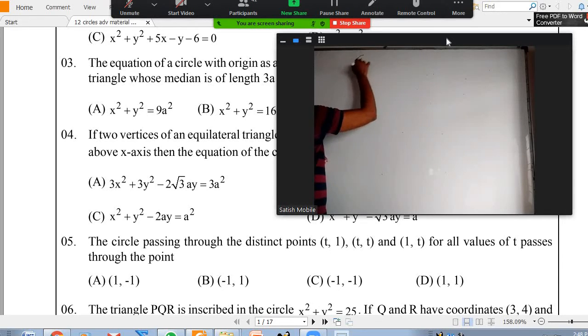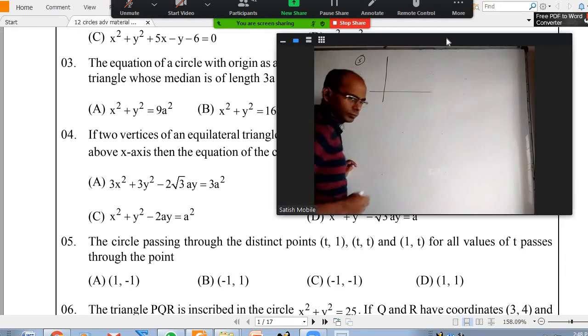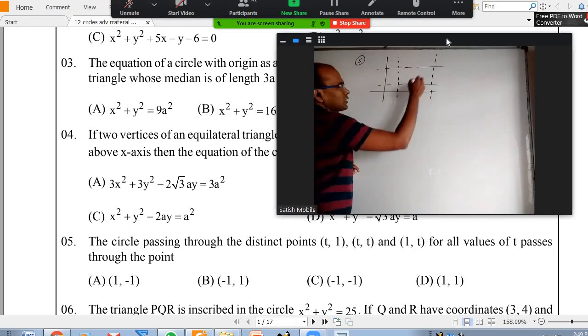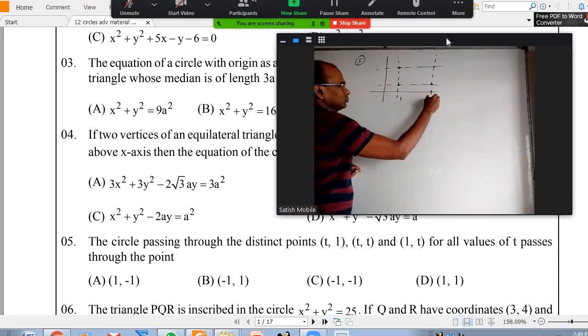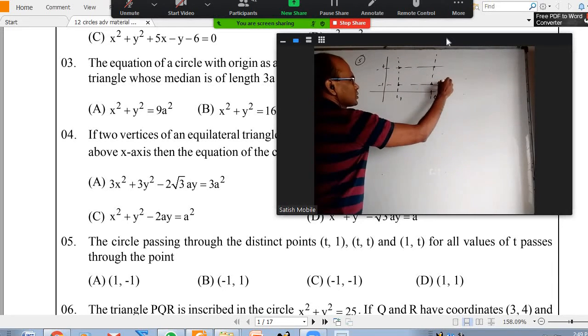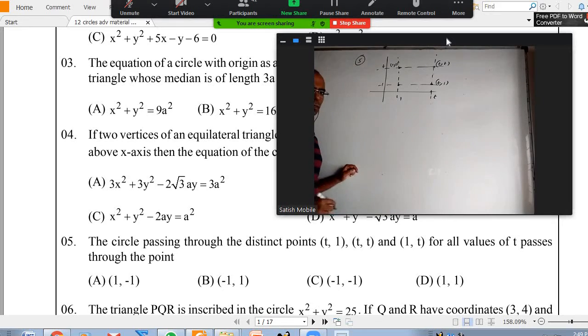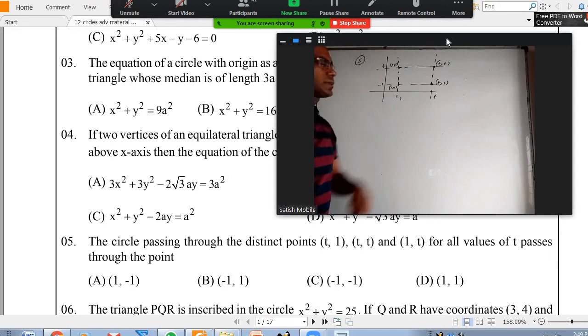Okay, next question. I can really do it by equations or from the figure. So I take 1 here and t here, and 1 here and t here, the rectangle. So this is t comma 1, this is 1 comma 2, and this is t comma 2, and this is 1 comma 1. As t changes, this will move right side, this will move upwards. Every time it's a rectangle.